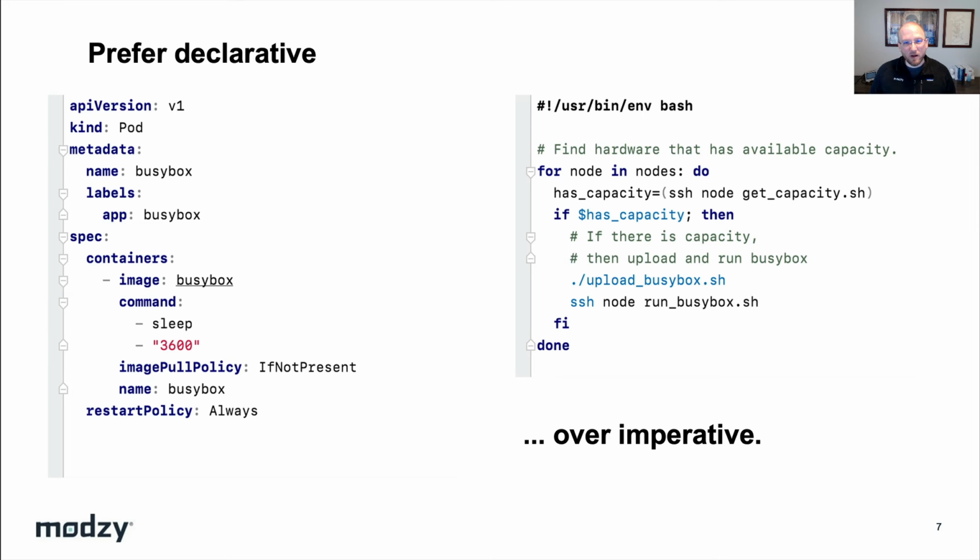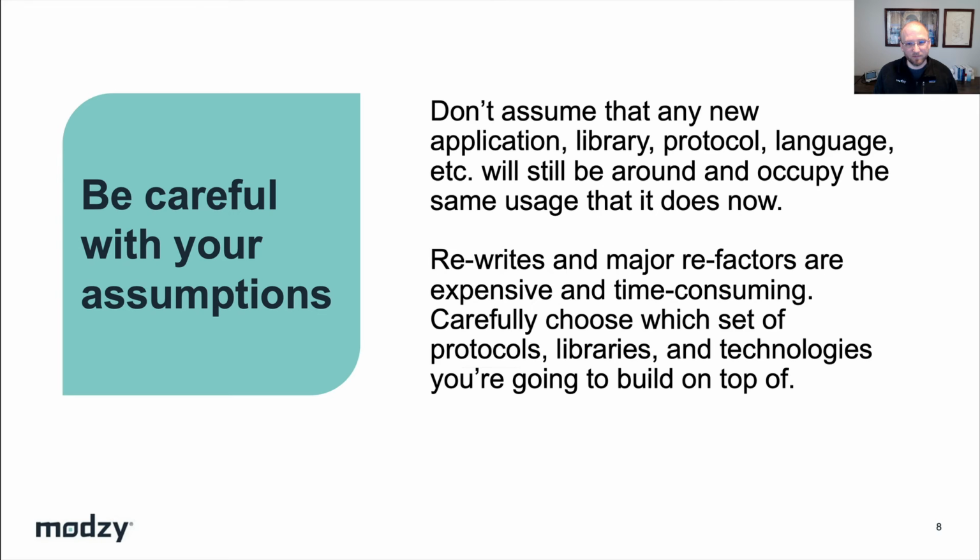Next, let's talk about some additional factors to consider when building APIs for new and emerging technologies like artificial intelligence. We all know that technology moves fast, very fast, and emerging technology moves the fastest. When designing APIs around a new or emerging technology, be very thoughtful about what assumptions you make as you're building your API. Where at all possible, don't assume that any particular language, framework, protocol, or library will continue to have the same position as it does now.